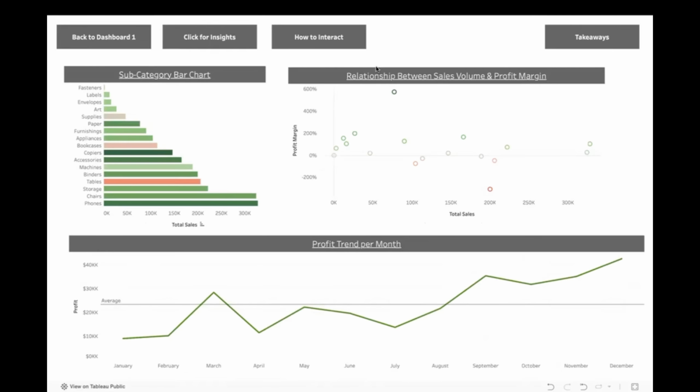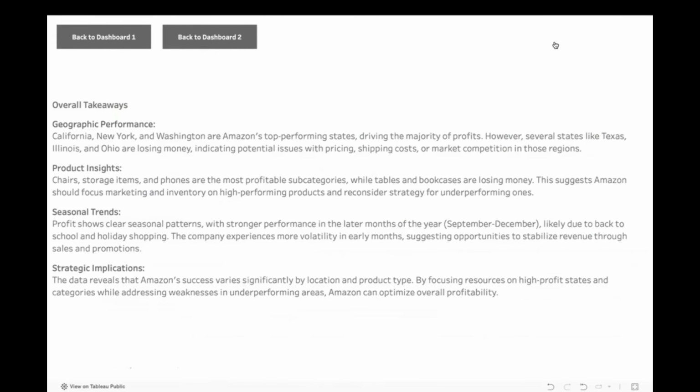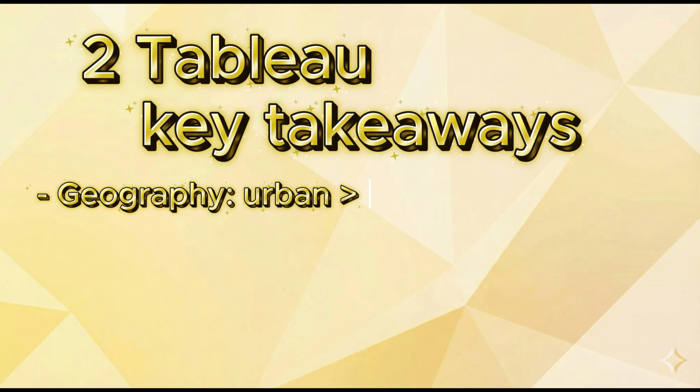And then if you wanted to learn about some key takeaways from our Tableau, you could press the takeaways button in the top right corner, and that would take you to this, giving you some overall key takeaways. And yeah, so that's our Tableau. It was a really great way to visualize our data so we could find key takeaways and really understand what makes certain orders profitable. So some key takeaways from Tableau is that, based on geographic patterns, urban areas often outperform